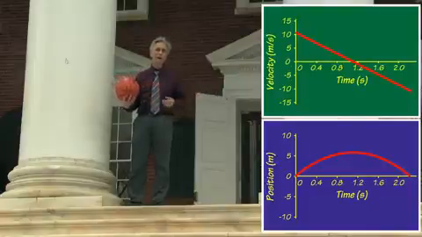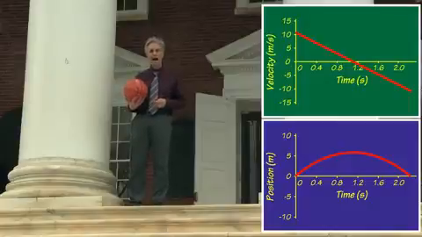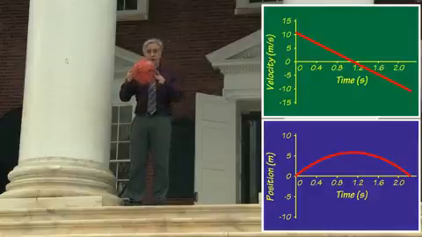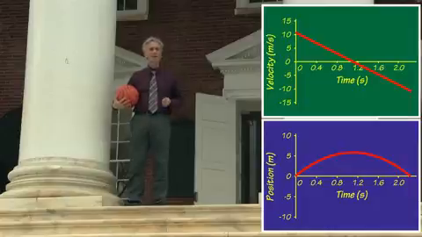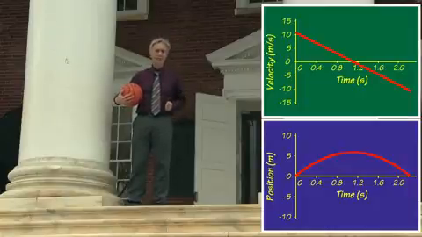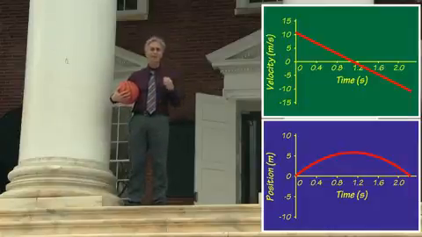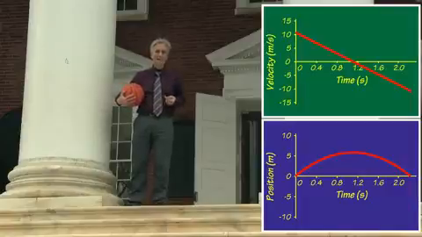The graph of the basketball's velocity versus time is a straight line. We've seen that straight line before. When I dropped the ball from rest, its velocity versus time is another straight line. In that case, the velocity started at 0 when I released the ball and then increased steadily in the downward